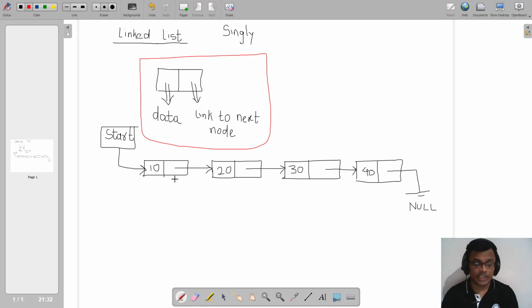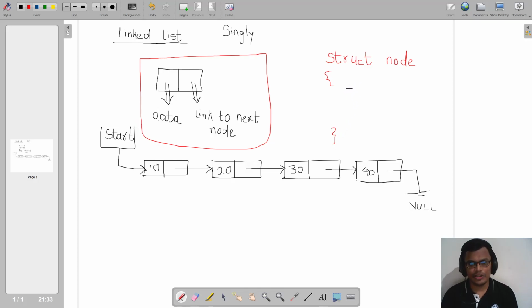What is the next field? The next field is a link, or it is a pointer, right? Now one is an integer and another is a pointer, so they are heterogeneous in nature. And if you recollect, if I want to club two heterogeneous elements together, we go for structures in C, right? So we need to use the concept of structure in order to represent our node. So I declare this as struct node, like we create a structure for students, like struct student and so on. Similarly, here we are constructing a structure for node, and that's why we write struct node.